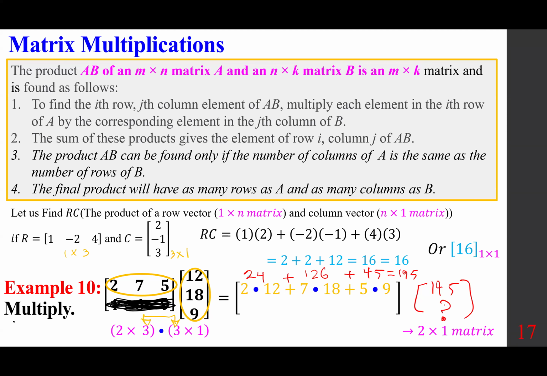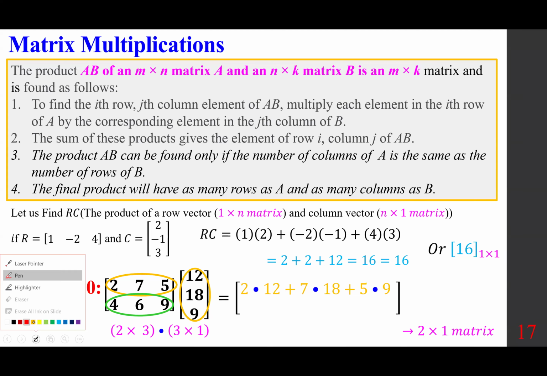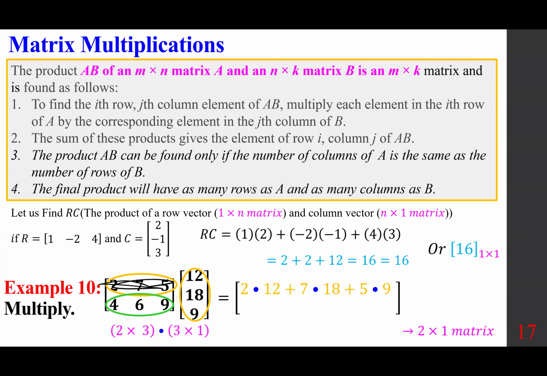Let me erase my work. And now we are going to multiply the second row of the first by this column. So now I'm going to actually get rid of this. So ignore that, don't see it. So what do you get? You get 4 times 12 plus 6 times 18 plus 9 times 9, and it goes here,